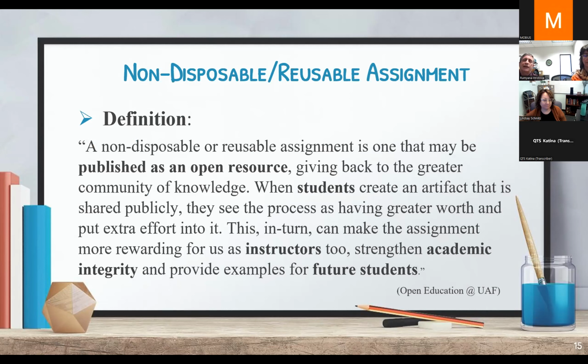So the student is not tempted to plagiarize when they're creating something that's going to be published, and it's going to be part of the module for the next group of students. Or it may be used beyond that. Even if they get used to doing this, they may want to provide an experience that can be used as part of the textbook itself, or added to the case studies in the area that's talking about cultural anthropology.